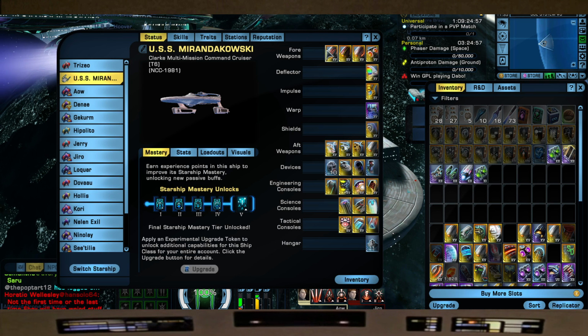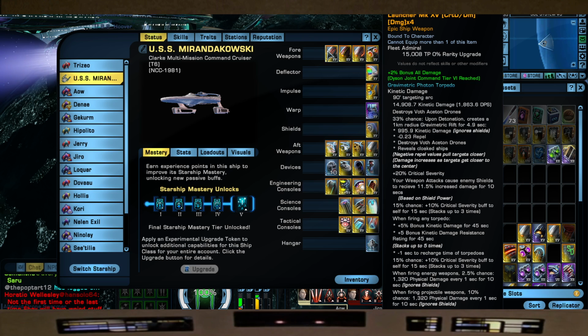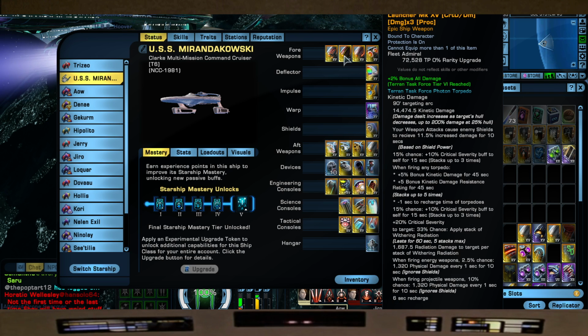So for the four weapons, we have the famous Gravimetric Photon Torpedo Launcher. Now I have to be careful again that I don't kill myself with this, but again, this is one of my favorite torpedoes because it just looks pretty when we fire it, and it's from your Dyson rep. We are going to be using the Terran Task Force Photon Torpedo Launcher. This is from the Terran rep. I don't normally use this photon torpedo because it